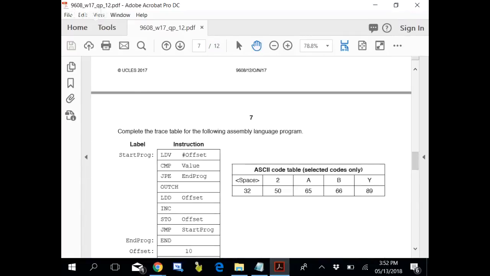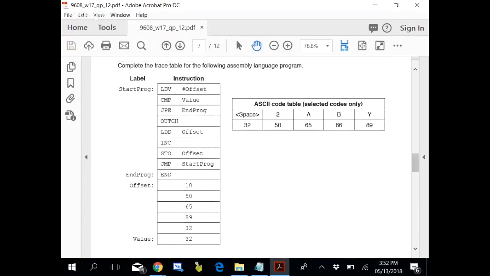Alright, now here, this is two pass assembler thing. You need to understand one thing, that